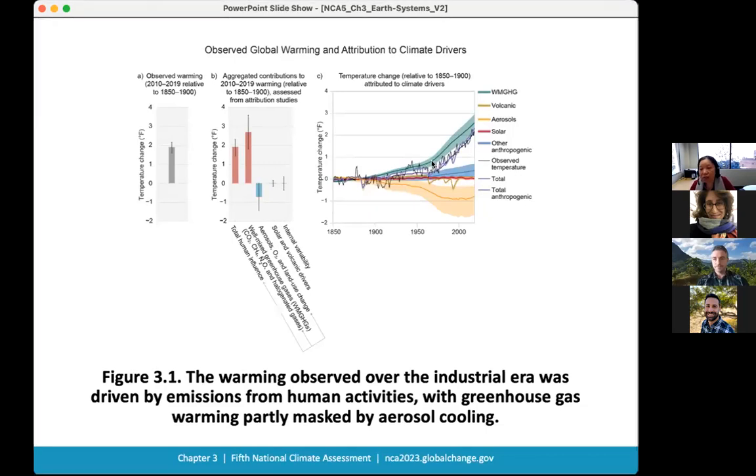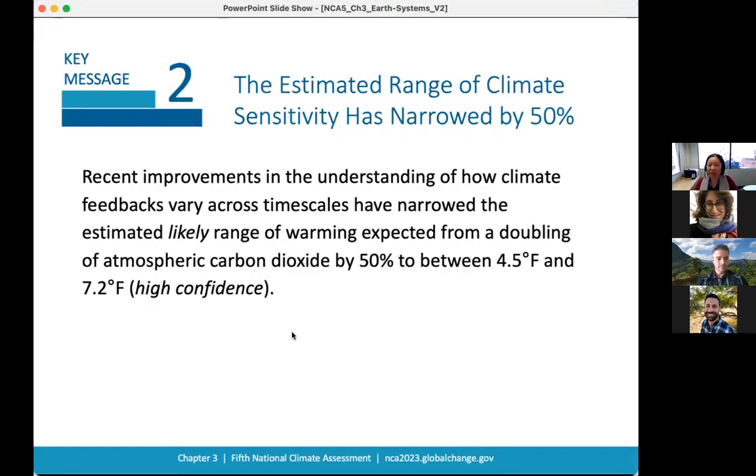It's interesting to see that the warming due to well-mixed greenhouse gases just keeps continuing, whereas we see a little bit of saturation of the cooling effects. And because of that, we are actually seeing the warming accelerating because of this capping of the cooling effect. Overall, again, the emphasis is that other factors such as natural processes like solar and volcanic eruption are really not contributing to the global average temperature or the warming that we have been seeing. So with that, I'm going to hand it over to Adam to talk about the second key message.